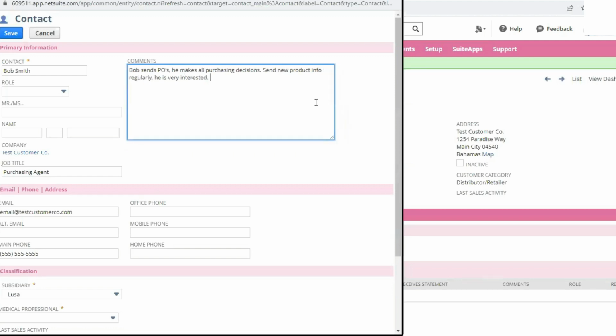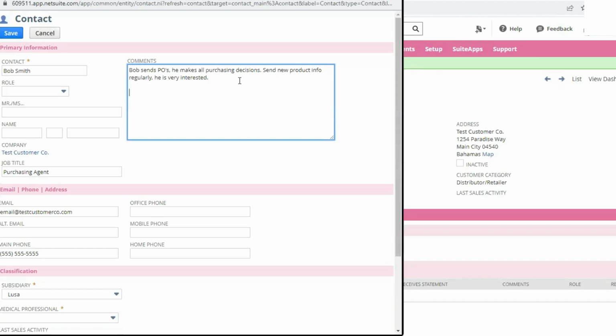I suggest you leave comments in the comment box. This helps others get to know these contacts. It helps you, if you're a sales rep, keep track of who's who and important details about them that could help start conversations. It could help somebody else get the foot in the door if they need to start a conversation. So a lot of sales is building relationships and trust. And the more you can remember about somebody in their life, the more they'll like you and trust you.